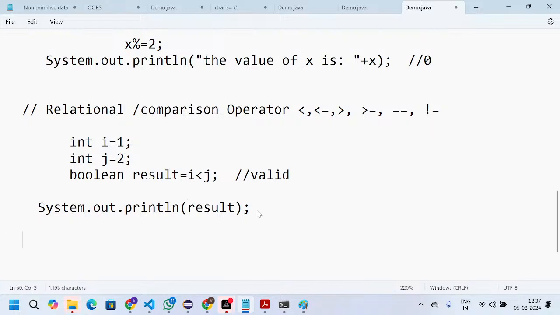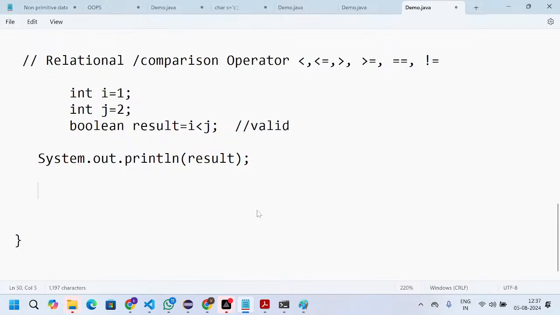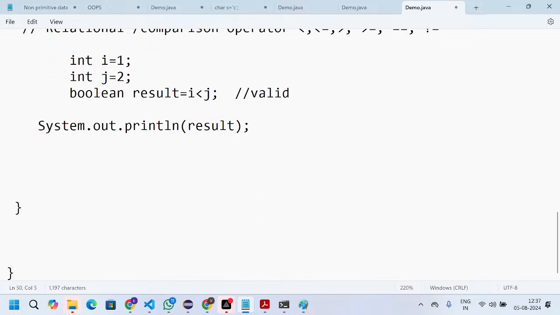The same thing applies to the remaining operators. For example, I am copying the same statement from here and pasting it here, and I am taking the same statement here.